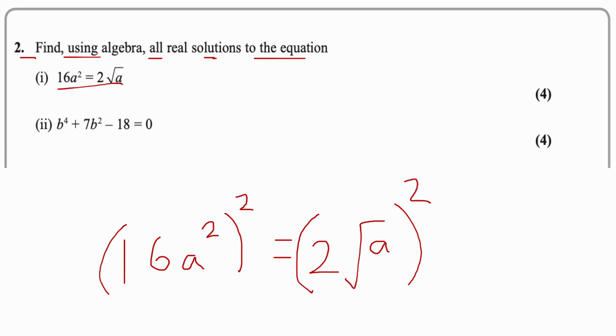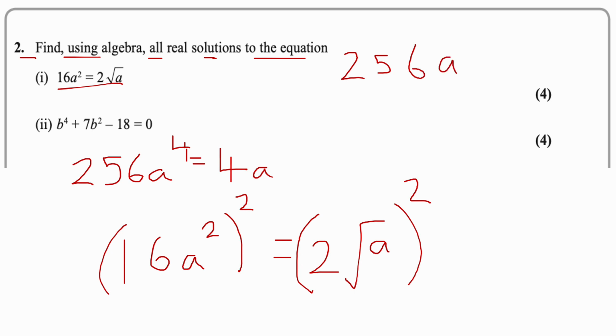So by squaring it, 16 squared is 256. I'm going to have a to the power of 4, so I multiply the indices when it's in a bracket. 2 times 2 is equal to 4. And that's equal to, well, 2 squared is equal to 4, and root a all squared just goes to a. So that's my equation. Now bringing the 4a over to the left hand side, I get 256a to the power